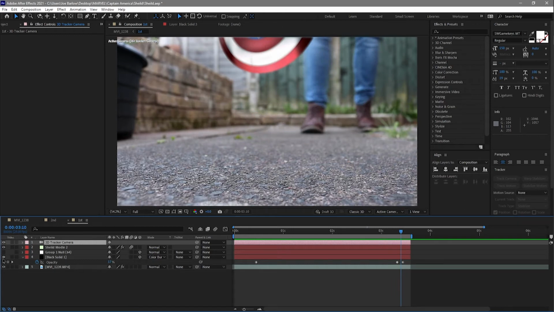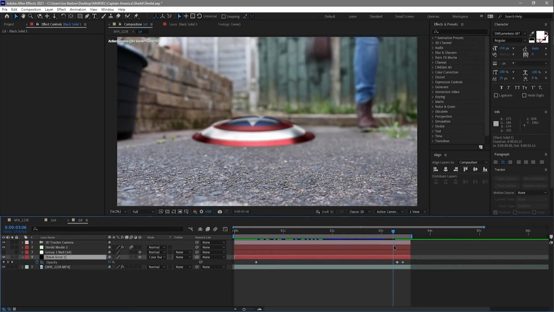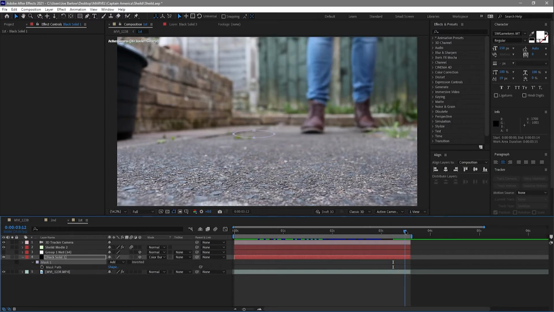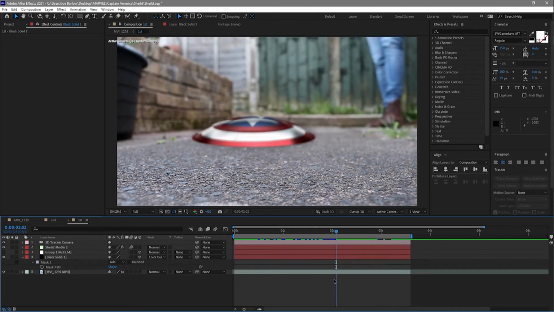Now if I go ahead and turn on this layer here, you'll see there's a shadow underneath it. And this is just a black solid that I think I've animated some masks in there. If we just turn those on, you'll see we've got a nice round mask there, and it just shrinks down as the shield lifts up, as a shadow would. What this also does is add a nice little shadow around it. Here is without and with, and it just makes it interact with the surface there a little bit more.